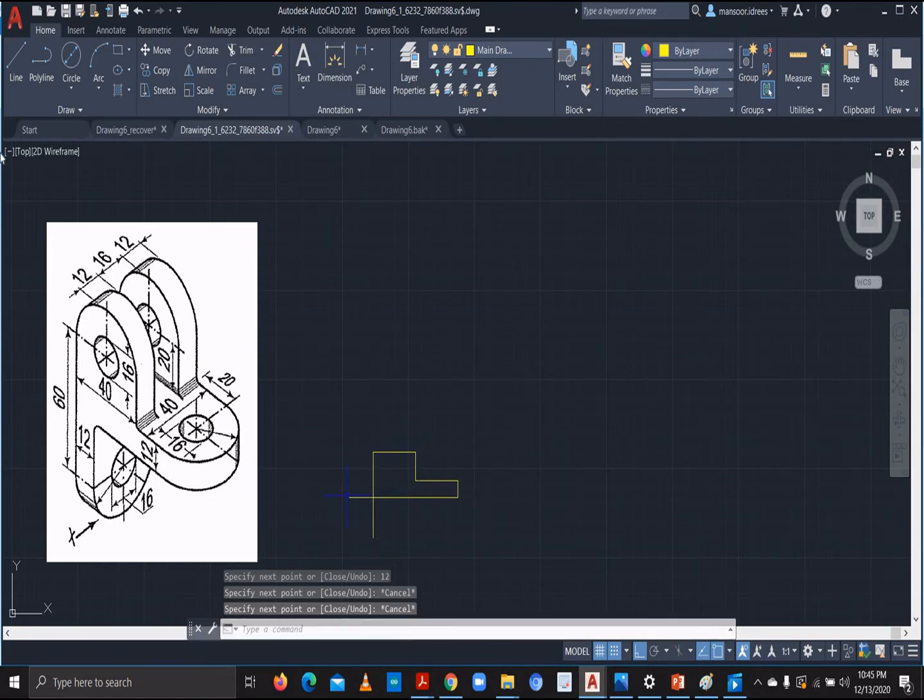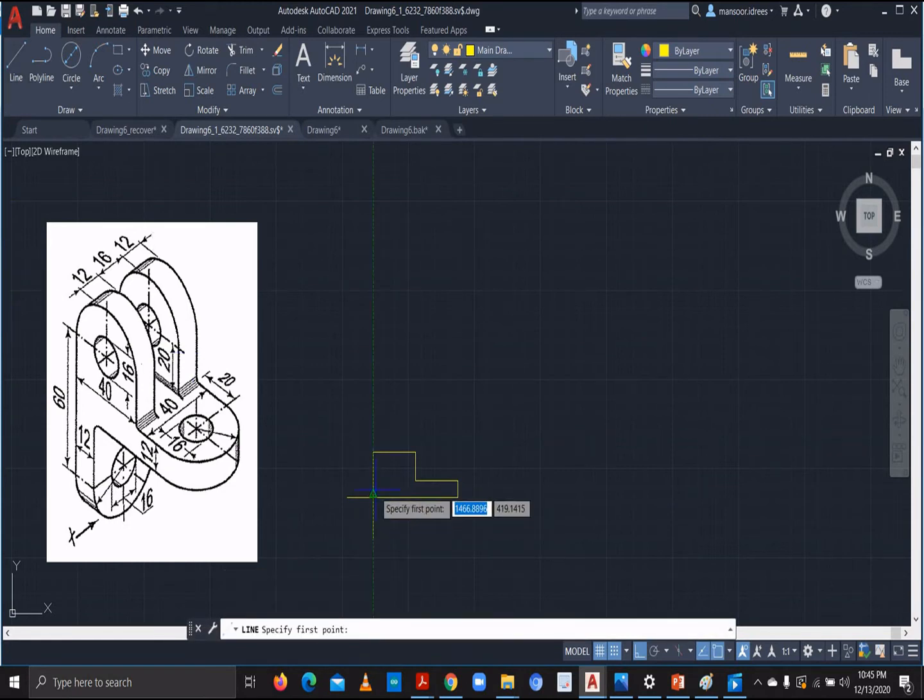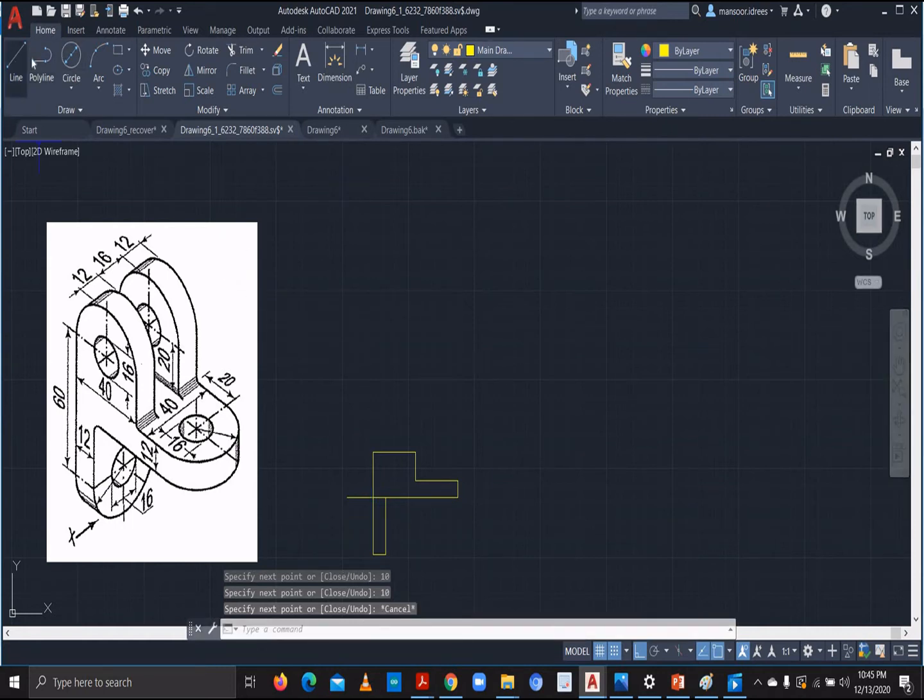I just drag it down here, and I go 12 to the right, and from here this would be 40 as well, so I'll go 12, and I'll go 40 down, and then I'll just match it 12 again. Okay. So now I'll just trim out this line, this line,